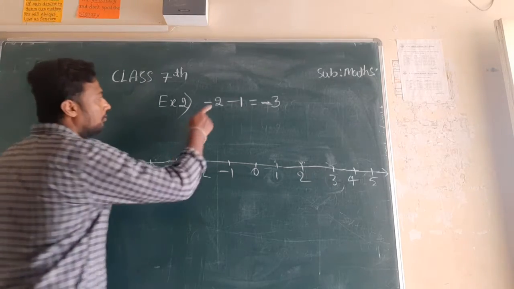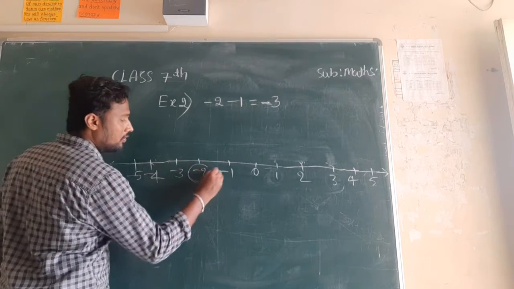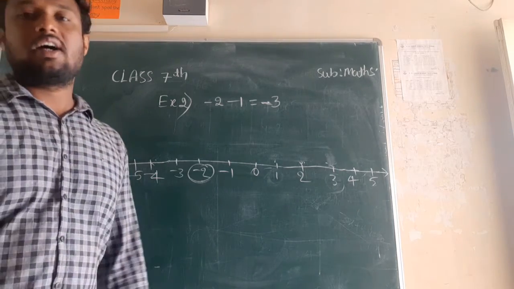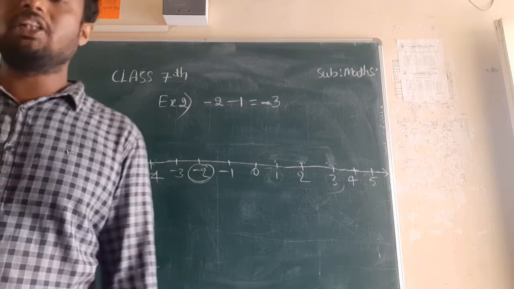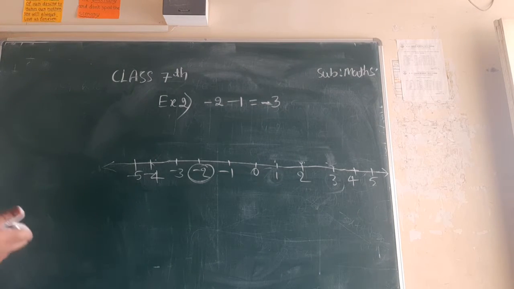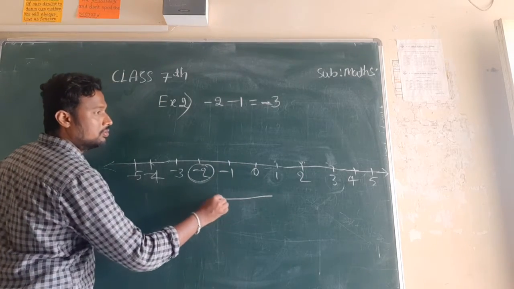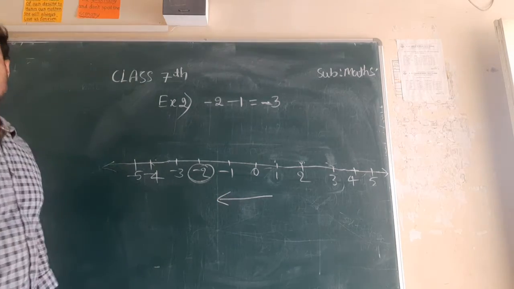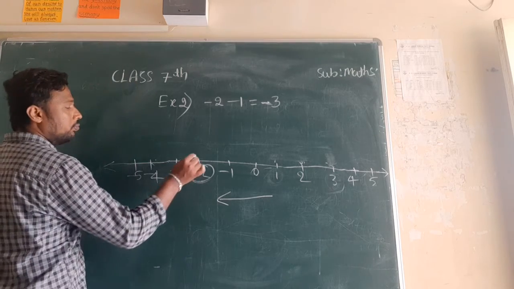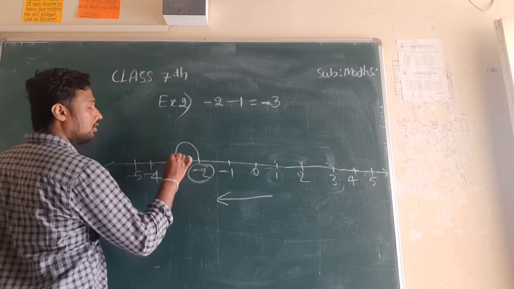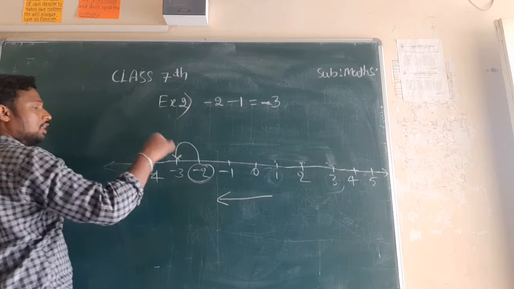Okay. So here first I will represent this -2 on this number line. So where it is -2? Here we have, this is our -2. And now what we have? -1. What it says -1 means we are subtracting 1. So just now I told that when you are subtracting, you have to move in left part of the number line. So -1 means you have to move one step towards the left hand side of this number line. So -1, we are subtracting 1, so I will move only one step.